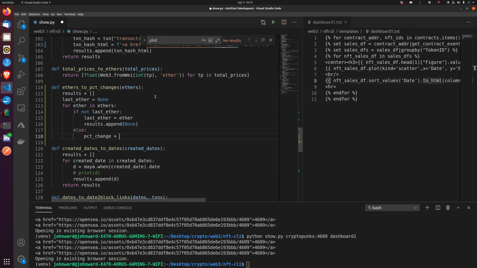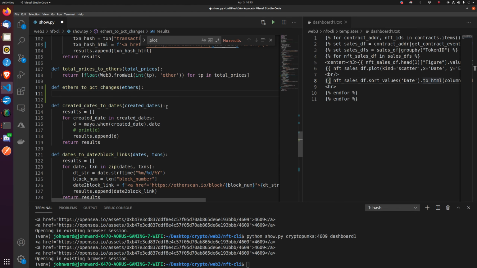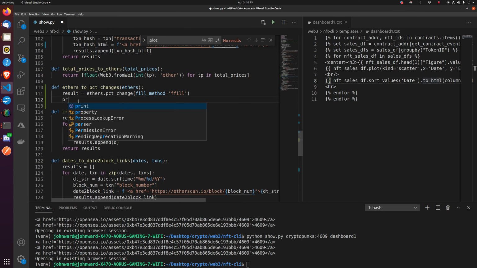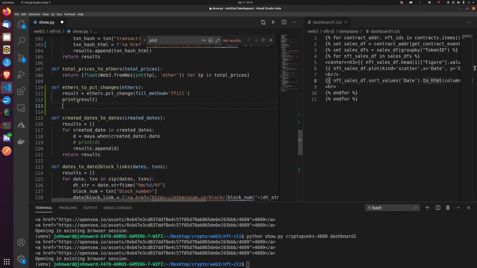Percentage ethers or percentage changes. So we're going to remove all of that. And we're going to call this ethers. Or say result is equal to that. We're going to print it out to see what it looks like, just in case. And then we're going to return the result. Okay, likely going to have errors with this because this is my first time using this function. So let us add this to